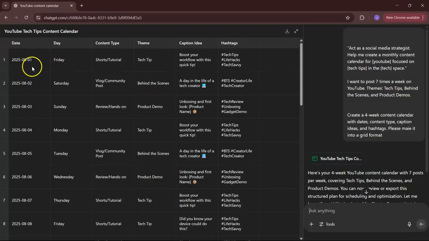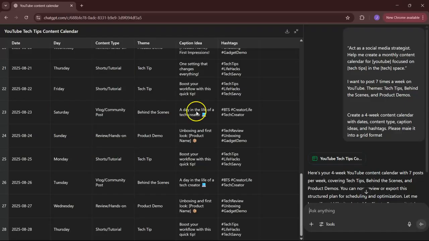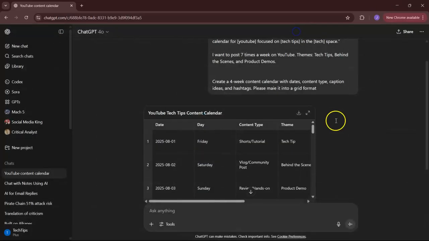So for instance, August 1st, which is the Friday. Is that correct? That's not the correct date. Oh yeah, that's correct. So for Friday, August 1st, for instance, you give a shorts tutorial, tech tip, caption idea, and it gives you some hashtags. And it basically creates a whole idea for the month of August for your calendar,